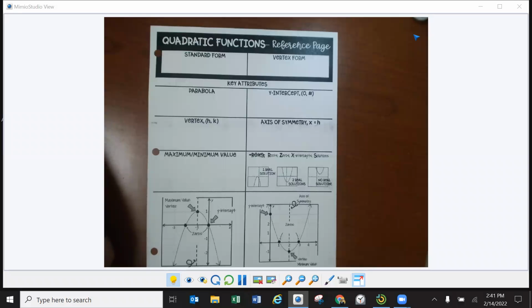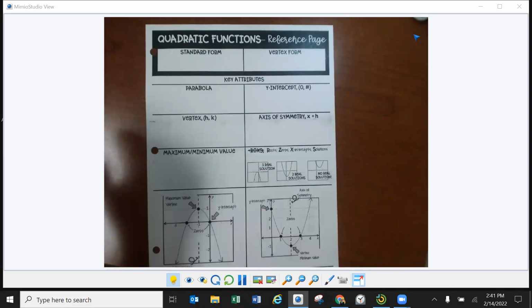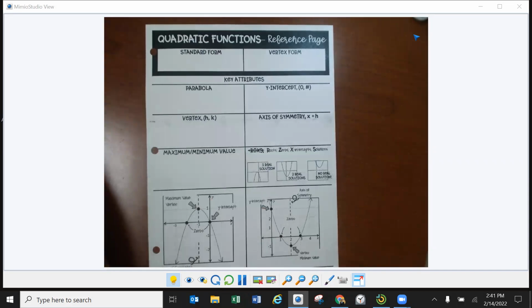All right, this is Coach Ledbetter. We're going to talk about the quadratic functions. And this is basically everything you kind of need to know reference-wise about the quadratic functions. So when you take your assessment on this, we'll be doing more labeling. And so we'll do a lot of activities on practicing what the